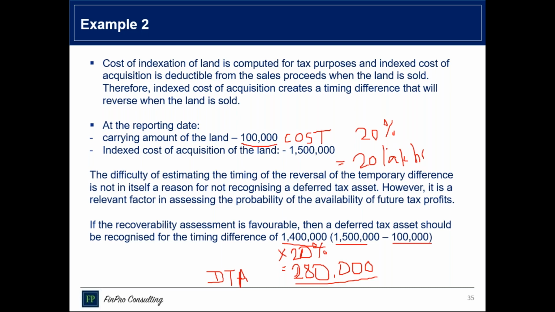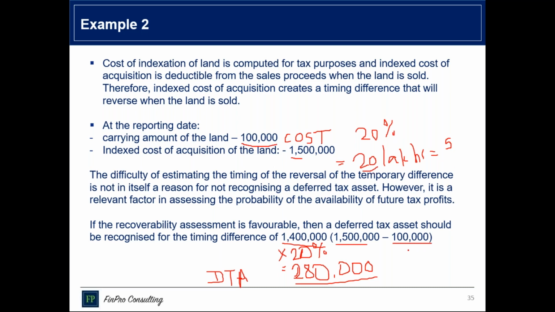Now, what is the actual capital gain? The actual capital gain will be sale proceeds of 20 minus indexed cost of acquisition of 15. I'm assuming it as 15 for the sake of simplicity right now. So my capital gain is 5 lakhs and